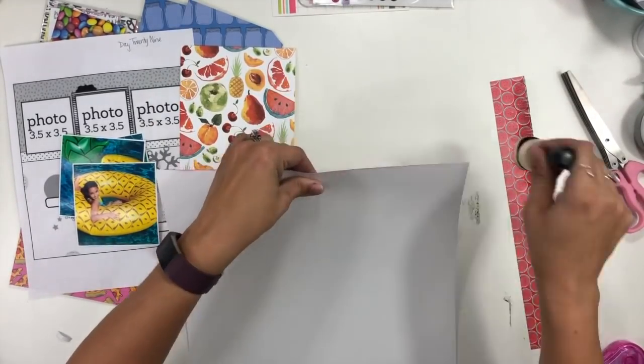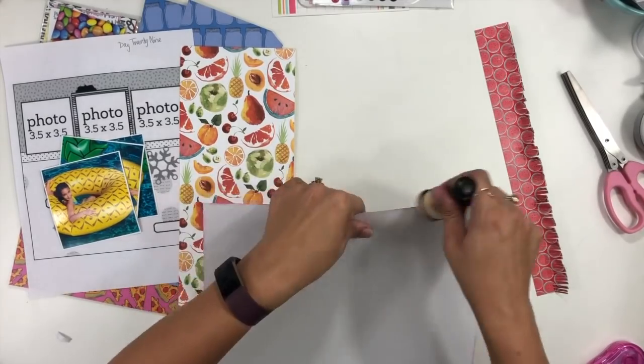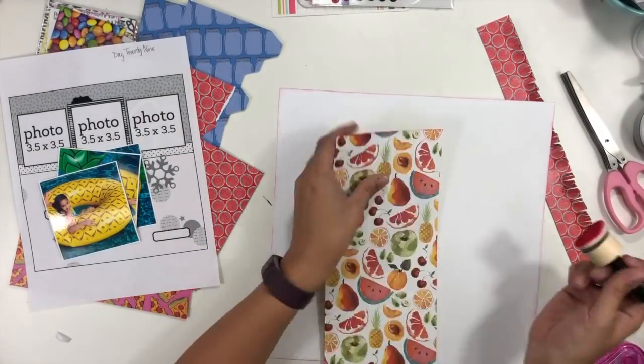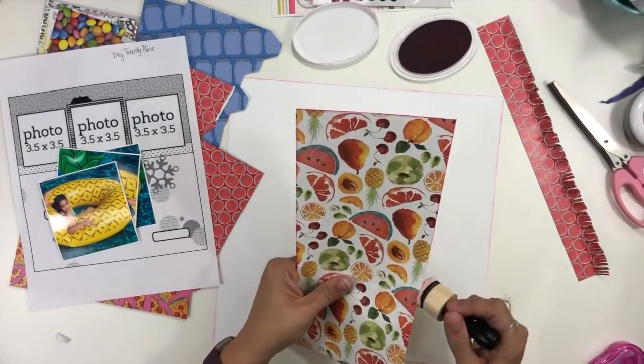And so what I did is I went ahead and used my fringe scissors to create some extra texture and dimension along that border of paper. And then in order to kind of tie everything together, I'm going to go ahead and use this Catherine Pooler